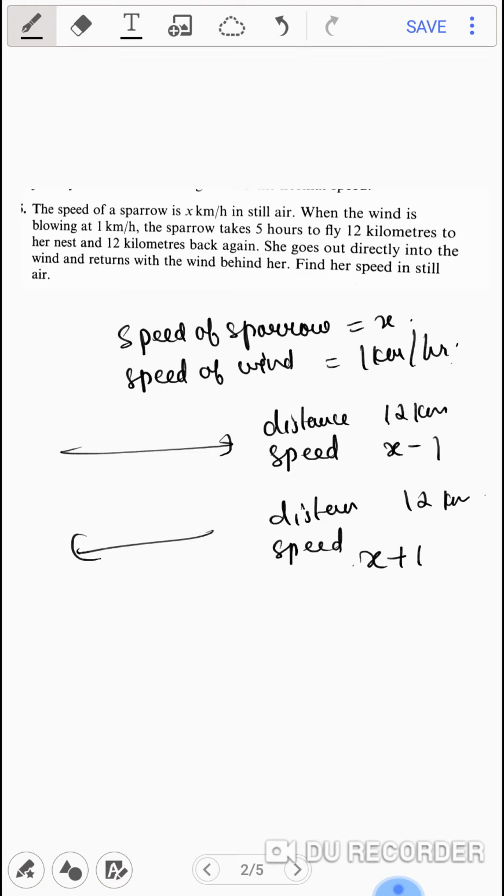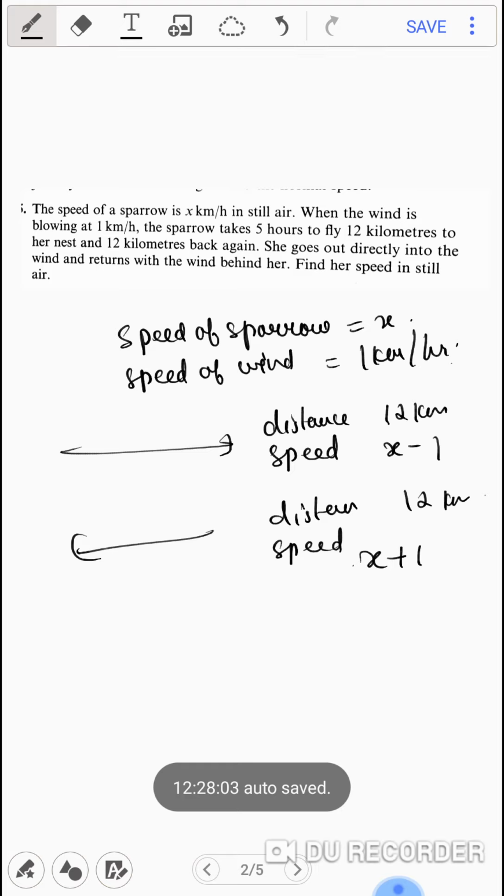Try to understand. जब स्पैरो का स्पीड x है, विंड का स्पीड 1 है, तो जब वो साथ में चलेंगे, एक ही डायरेक्शन में चलेंगे, तो उनका स्पीड हो जाएगा x प्लस 1. और जब वो ऑपोजिट डायरेक्शन में चलेंगे, मतलब बर्ड एक डायरेक्शन में जा रहा है, हवा एक डायरेक्शन में आ रही है, तो बर्ड का स्पीड हो जाएगा x माइनस 1. At that time the speed of air will not support her, so her speed will be reduced by 1. ठीक है, लेकिन अगर साथ में चलेंगे, तो उनका स्पीड ऐड हो जाएगा. तो बर्ड का स्पीड x और विंड का स्पीड 1, that will be added and it will become x plus 1.